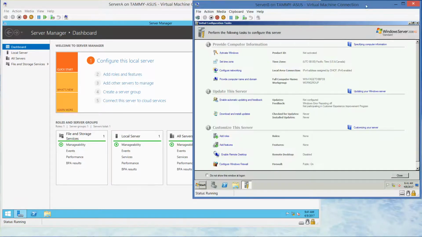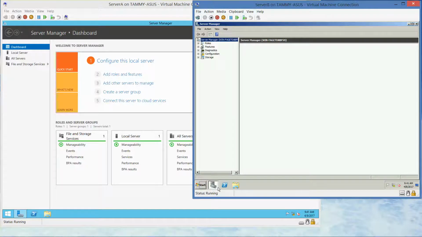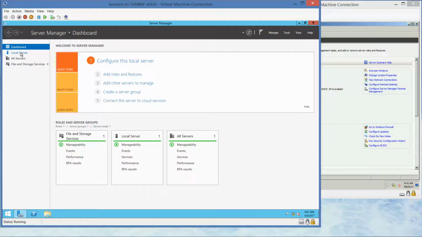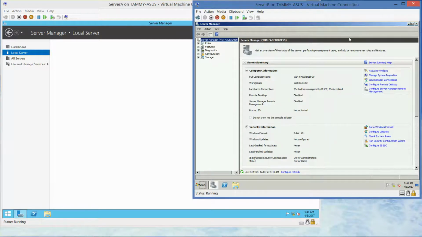So I have server A and I have server B. Now I want to go ahead and close out this initial configuration task, so I want to show you them side by side from the server manager. Alright, so if I click on local server, and this is server 2012, move here,